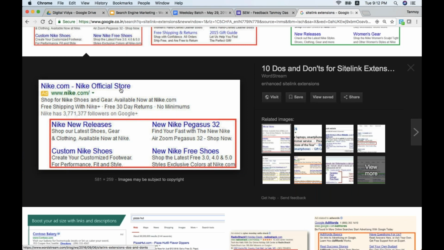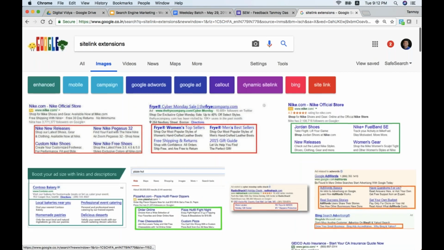I don't need to click on the main ad, search for Nike Pegasus 32, then go there and buy it. I save all that time by just straight away clicking on this link. It will take me to that particular product page and I can purchase. Gives me a good user experience. This is called a site link. Okay. Same way,